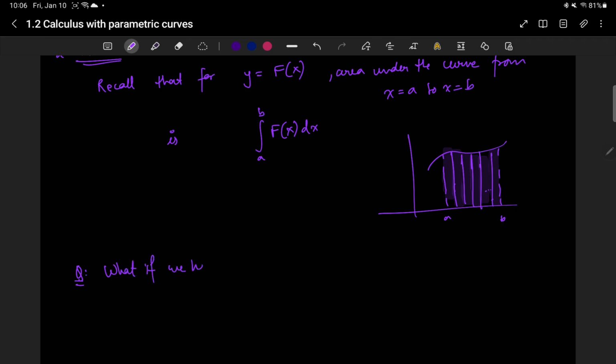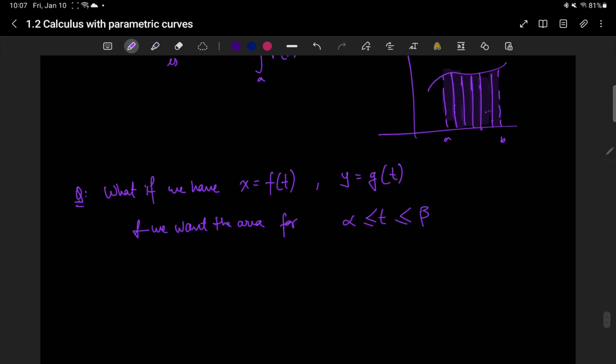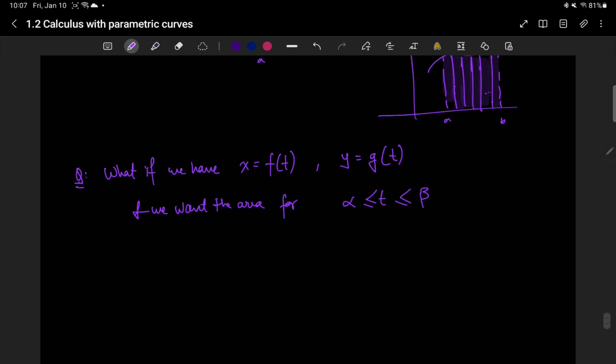we have a parametric curve where x is defined as some function of time or some parameter t, and y is defined as some function of the parameter, and we want the area for t between two values, say alpha and beta. Okay, so this area normally would be given by